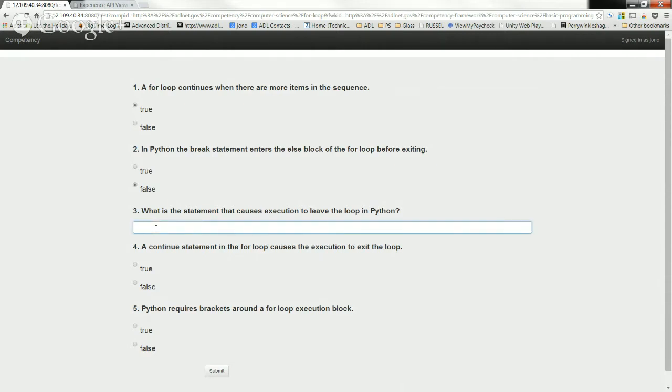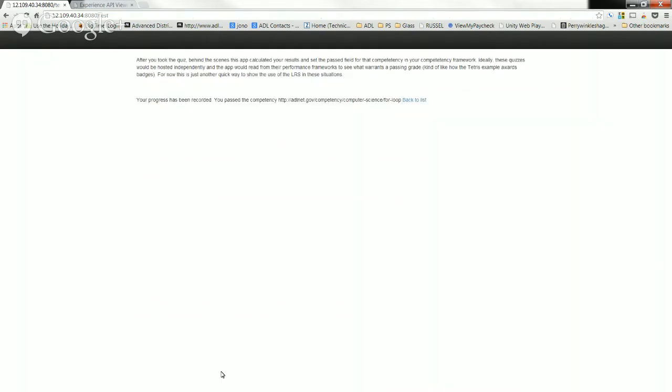Is that break? Probably break. Let's go with break. Continue in for loop causes false. Python requires brackets around false, I think. Let's try that. What does it say? Does it say I passed? Progress has been reported. You passed the competency.